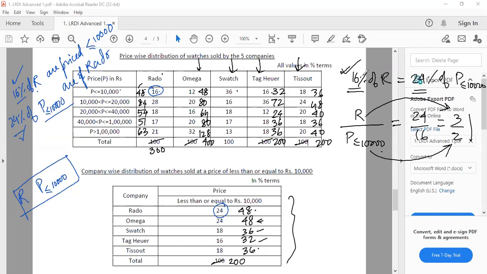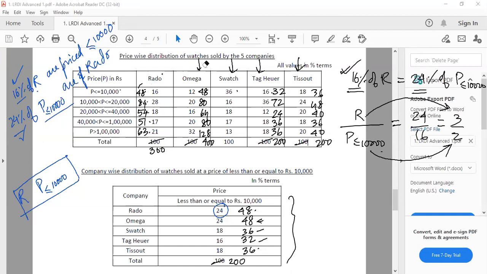Okay. So if this is 3 by 2, then I say that instead of 100, take 300 and 200. Okay, 300 and 200 are done. Now I'm saying that if this 100 becomes 300, then everything will become 3 times, right? Because this is percentage, 16%, 28%. What is 28% of 300? 84, right? So that's what I'm saying.